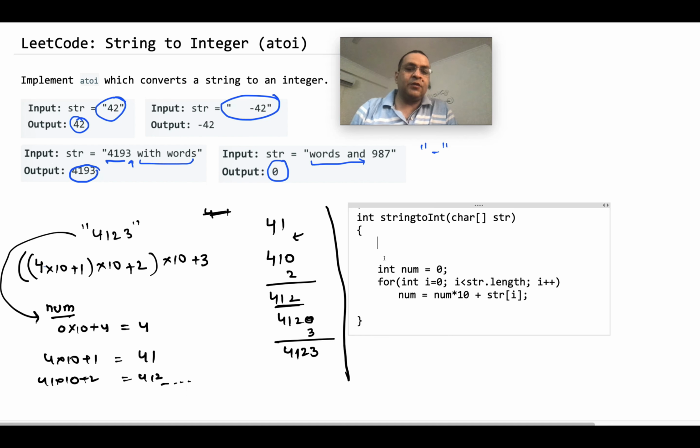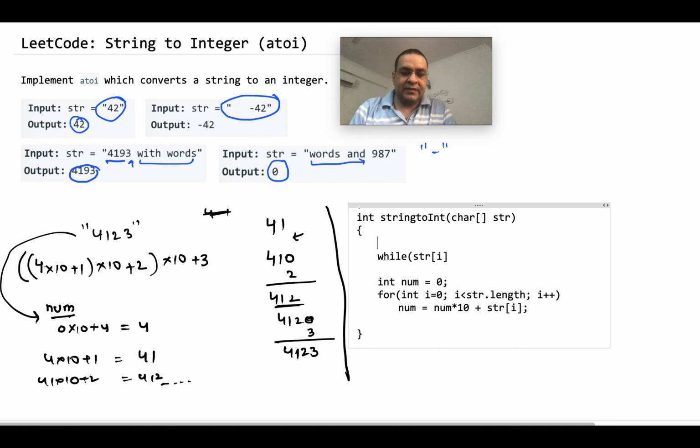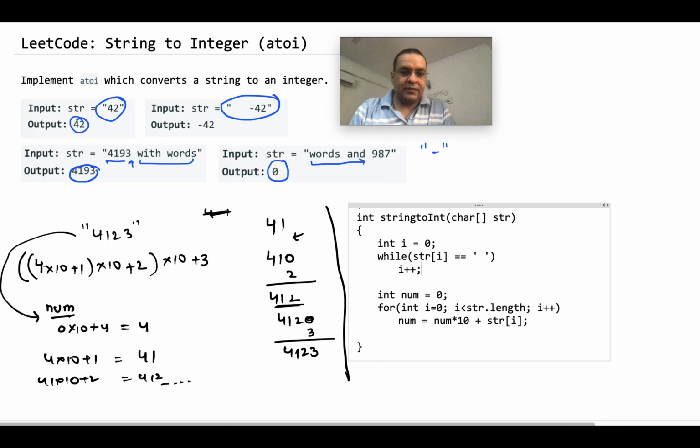So the first check is that we should be ignoring all the white spaces in the beginning. So while str of i, let's say initially i is 0, while str of i is equal to white space, we should do i++. Now there is a possibility that the entire string is white space. So in addition to this, we should also put a check that i is less than str.length.